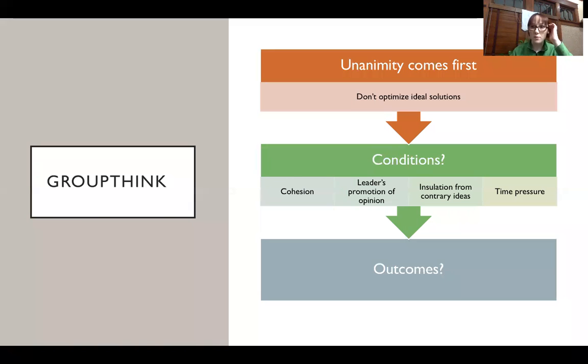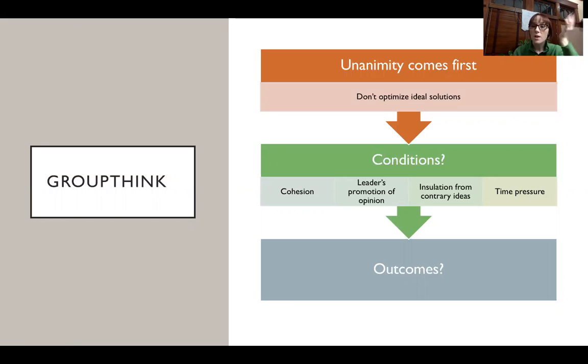When we also have groups, we see that something known as groupthink emerges. So with groupthink, we have unanimity coming first. That means people basically emphasize consensus, agreement over everything else. Because they're focusing so much on agreement, they don't actually optimize ideal solutions. You're so focused on, okay, can we just come to an agreement, that you don't think about what is actually